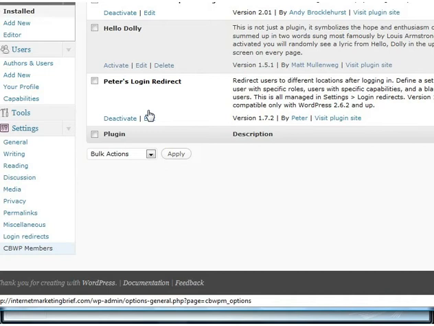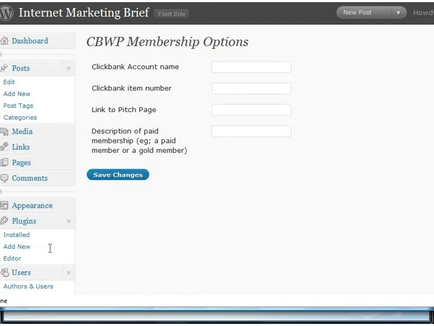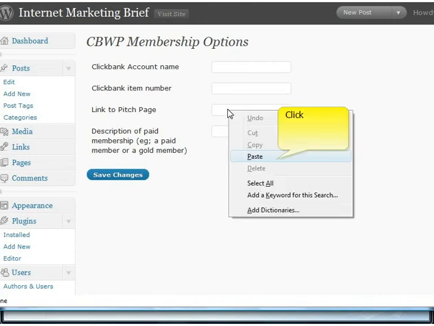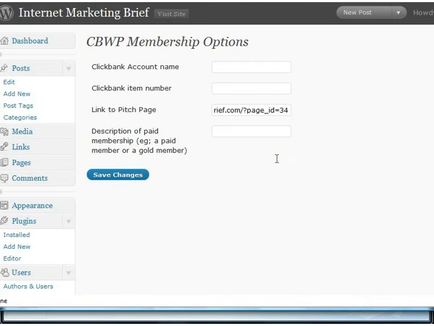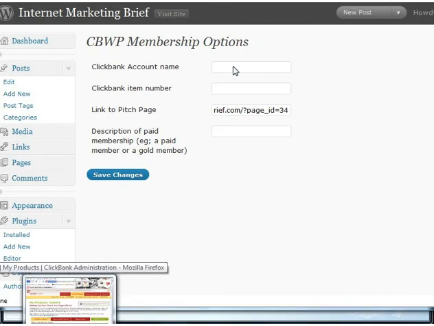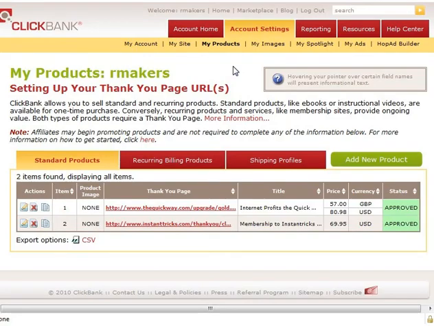And if we go down to the bottom here, we'll see under Settings we now have a new section called CBWP Members. And this needs 4 parameters. One of them is the link to the pitch page, which I've still got saved on my clipboard from just a moment ago. It's the page we've just created. The other piece of information comes from Clickbank. So if I pull up my Clickbank account, or a Clickbank account, and this one's already got a couple of products set up in it, so I'm going to add a new product,